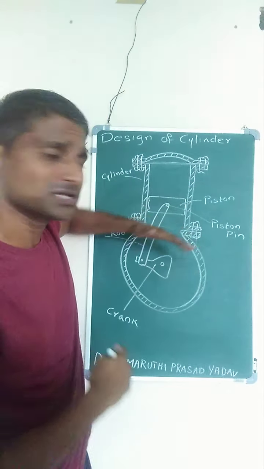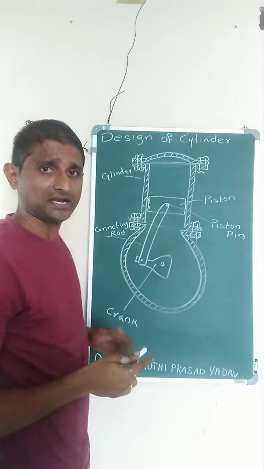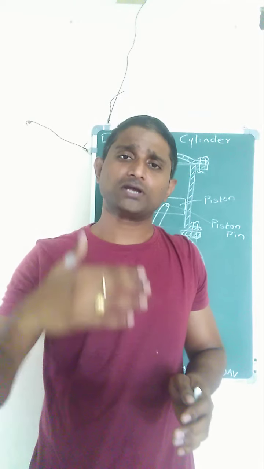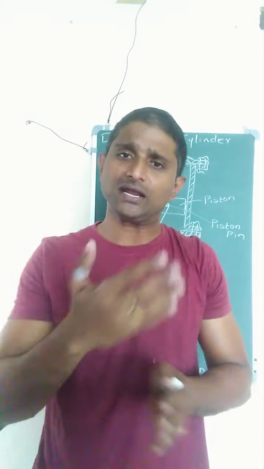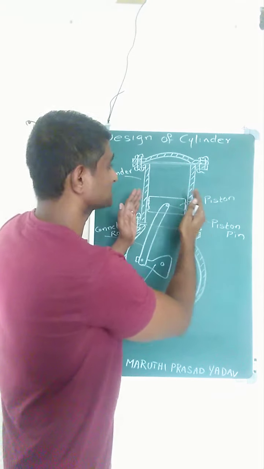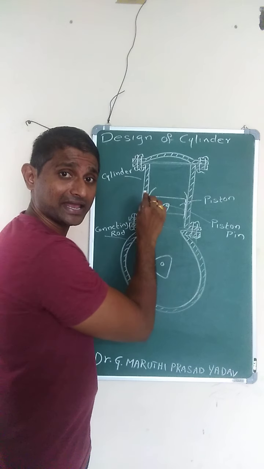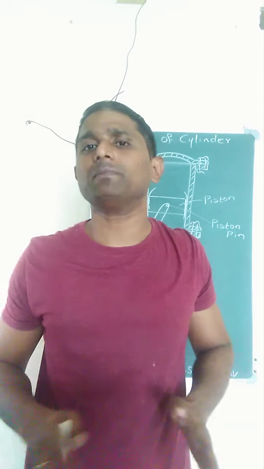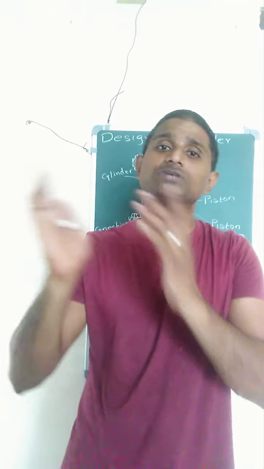When it reciprocates, because of friction between the piston and the inside surface of the cylinder, the diameter of the cylinder increases because of wearing. Because it is continuously reciprocating and exposed to very high temperature, this leads to wearing of that inner surface material, resulting in an increase in the diameter of the cylinder. When this diameter increases, the charge escapes through that gap, which means a leakage takes place. Perfect sealing cannot be maintained. In that case we have to replace the entire engine cylinder with a new cylinder.